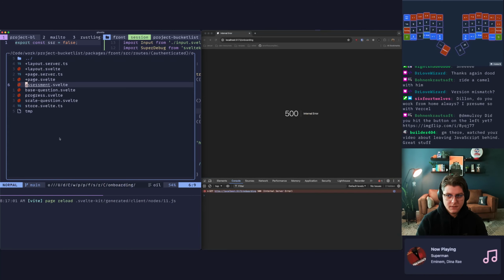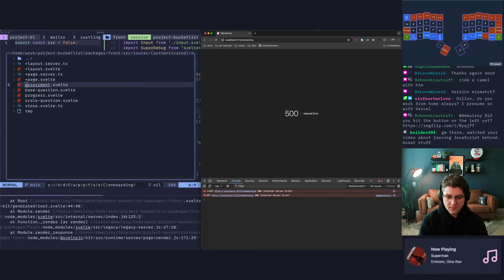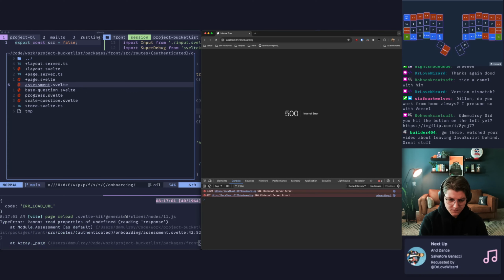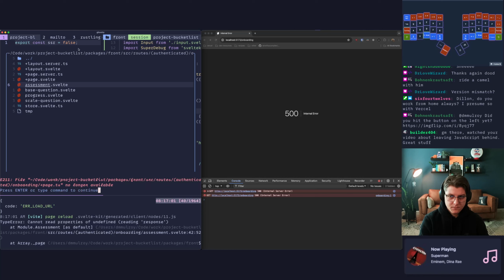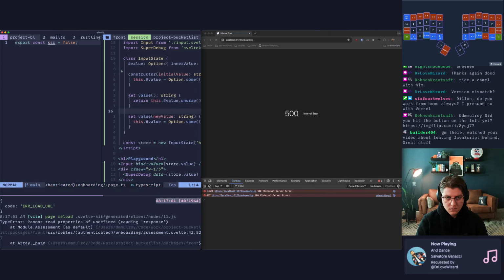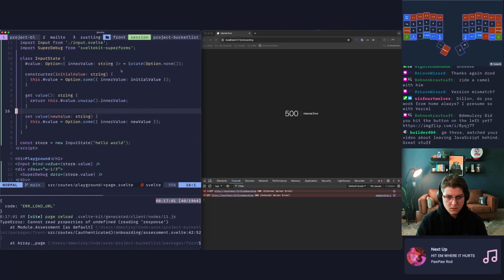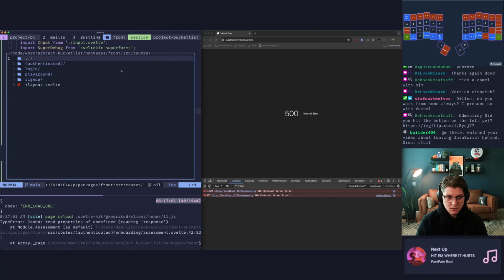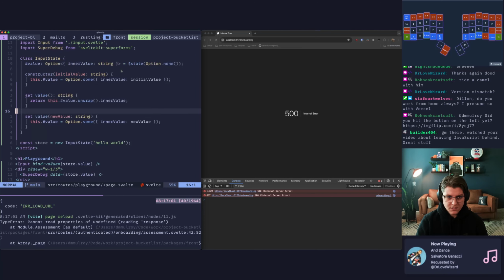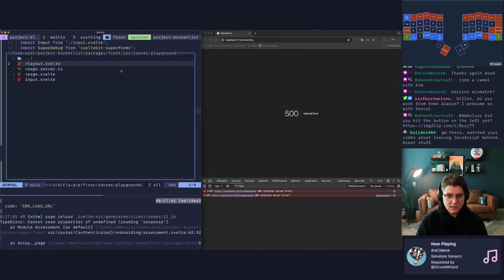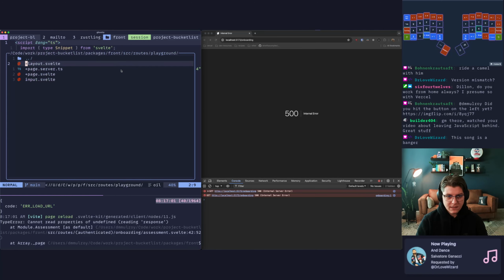Let's get rid of that. What did I break now? Let me go to the playground. Page.svelte. Okay, even in here, we didn't have SSR turned off, so I'm not crazy.